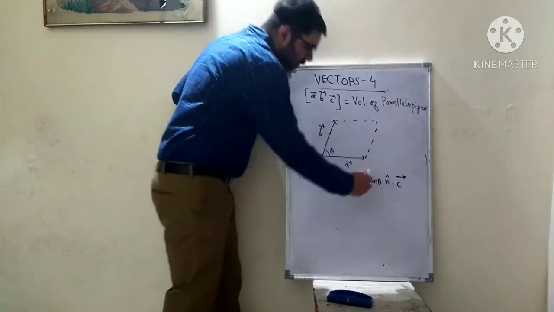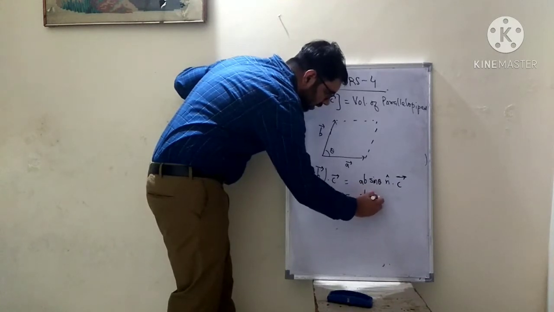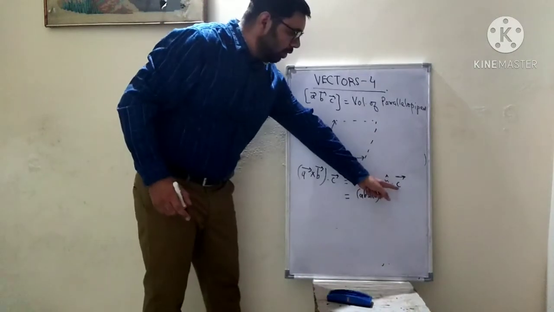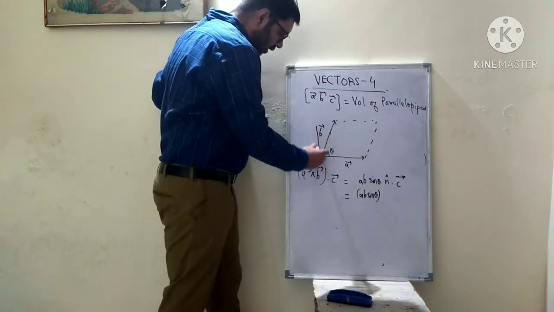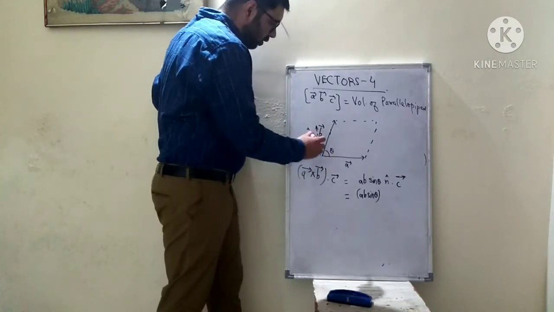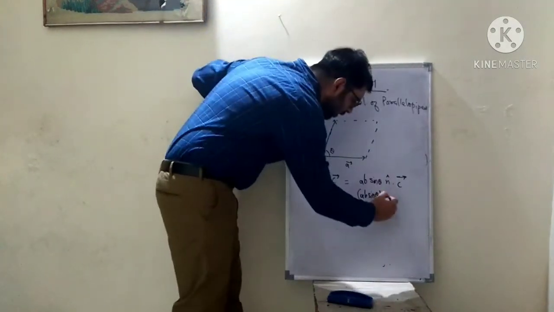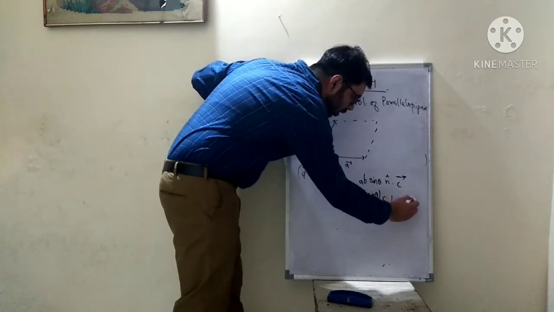If we proceed ahead, we get AB sine theta as the scalar value, and for taking the dot product of C vector and n cap, the n cap will be like this: it is a unit vector perpendicular to the plane. Suppose the angle between these two is alpha. So we take the magnitude of vector C, the magnitude of n cap, which is 1, and then cos of alpha.